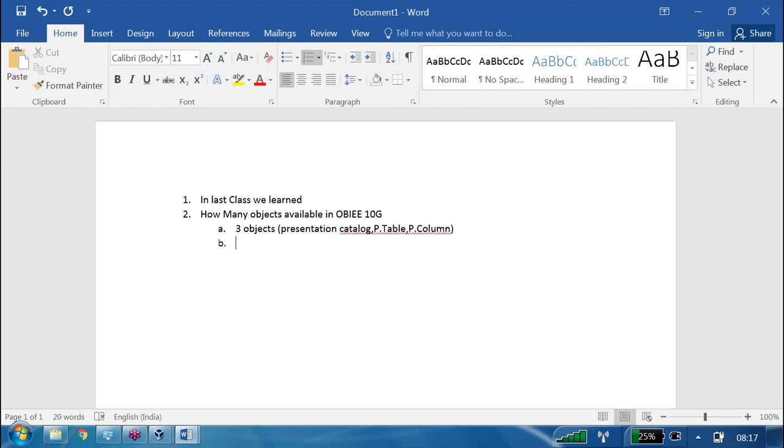Next, how many objects available in 11G or 12C? Four objects.